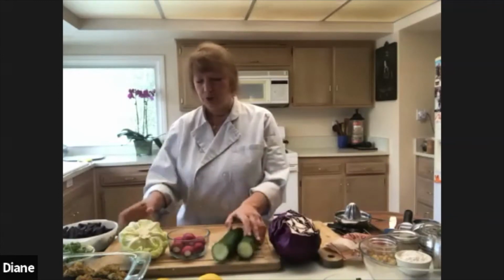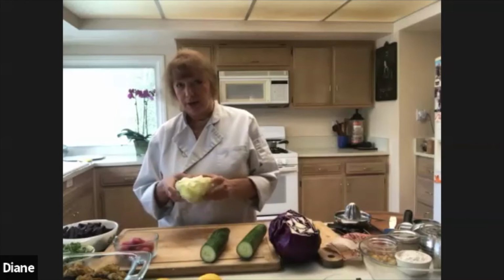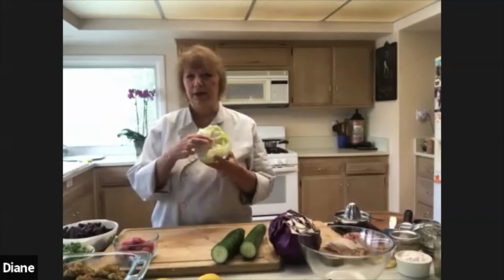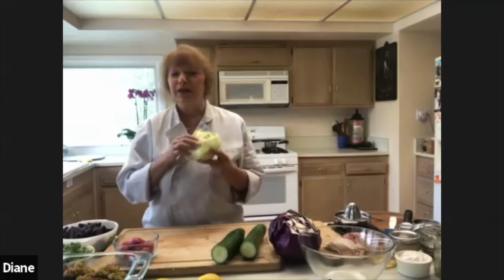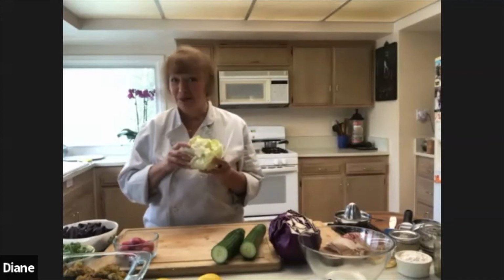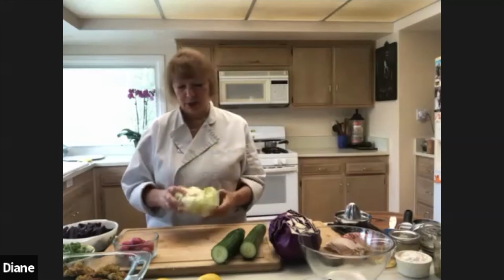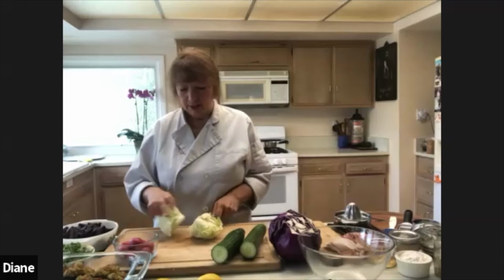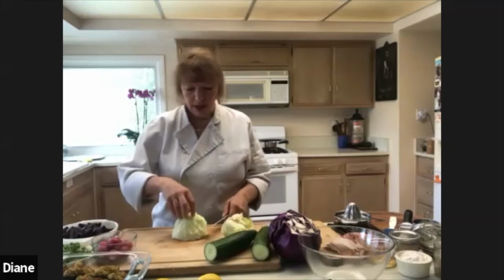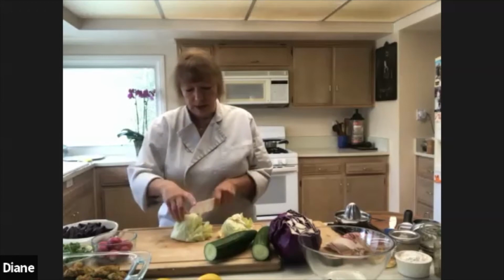I was going to pre-chop some of these, but I wanted to show you how I cut this up. Every vegetable has a heart, okay? Like artichoke hearts. We never throw away the artichoke's heart. That's the best part, right? So I like to keep the heart in as well. And I like to cut that in half. And then I go along the side. And again, I'm pretending there's meridians here. I'm just going down this way,